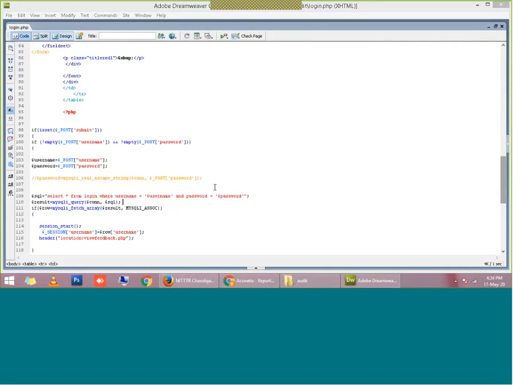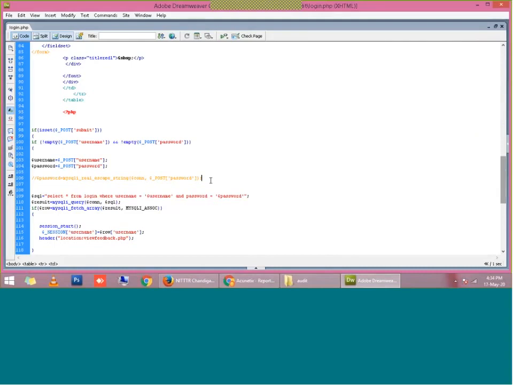To avoid this SQL injection, we must sanitize our inputs. What do we mean by sanitization? Sanitization means you have to escape, delete, or avoid the dangerous characters. The dangerous characters may be your single quote, your double quote, your greater than or smaller than sign, because whenever you write cross-site scripting, you will be using these signs. Most tags use the greater than or less than sign to be created, right? So I have to avoid these.